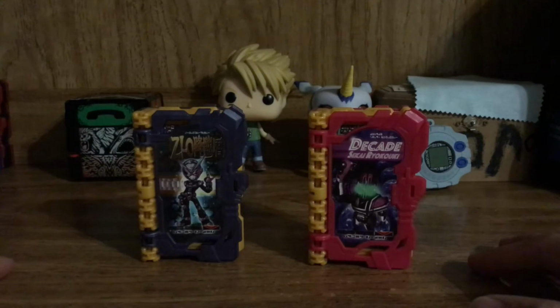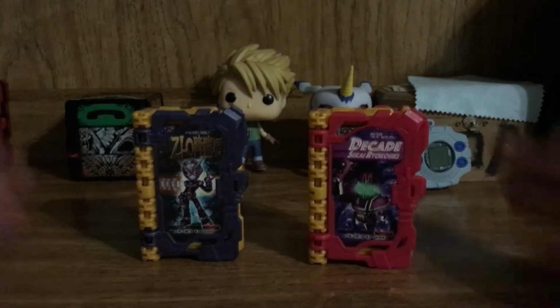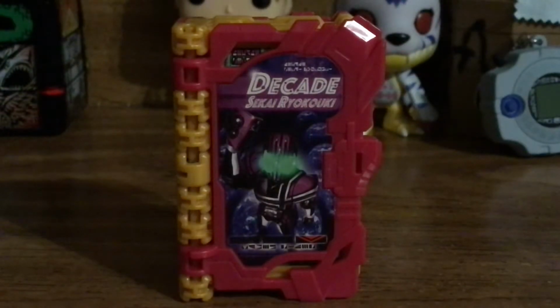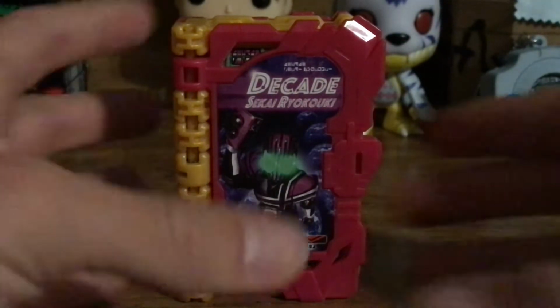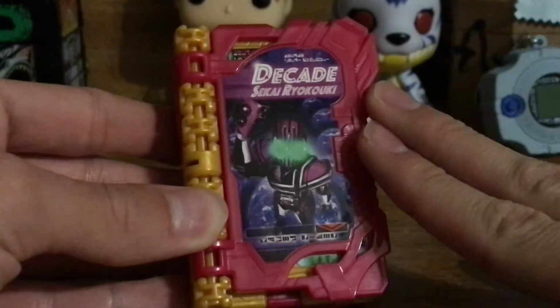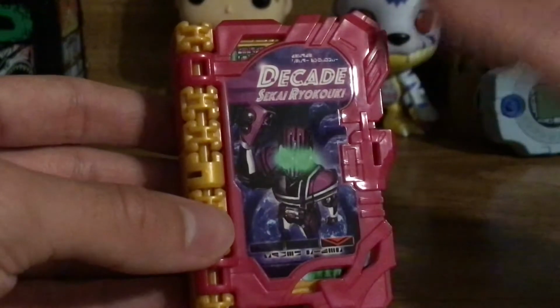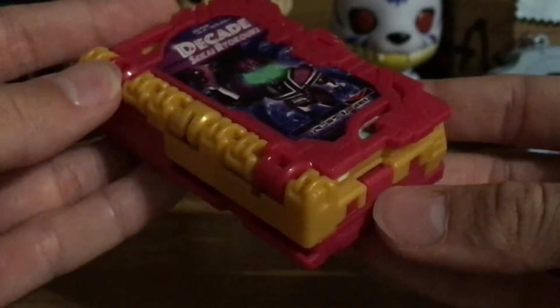So let's go ahead and take a look at one of these guys, and then we'll take a look at the other, and we'll just go from there. So basically, how we're doing the Legend Rider Wonder Ride books is that the initial cover is based on a color from the base rider suit, and the spine is in this